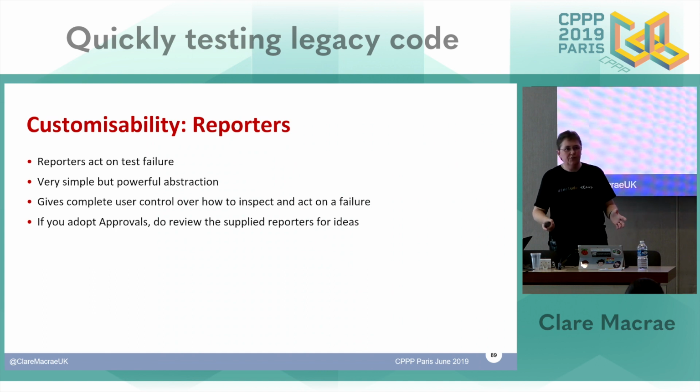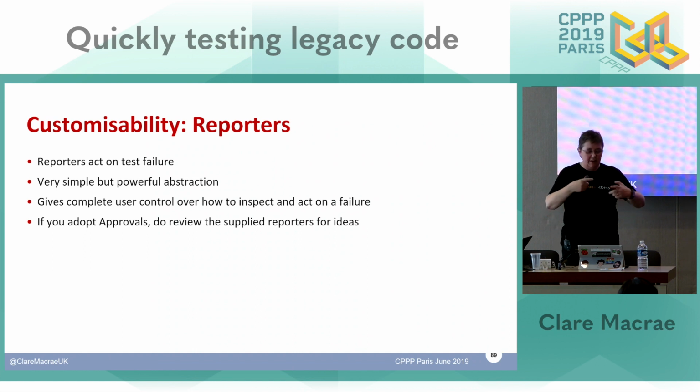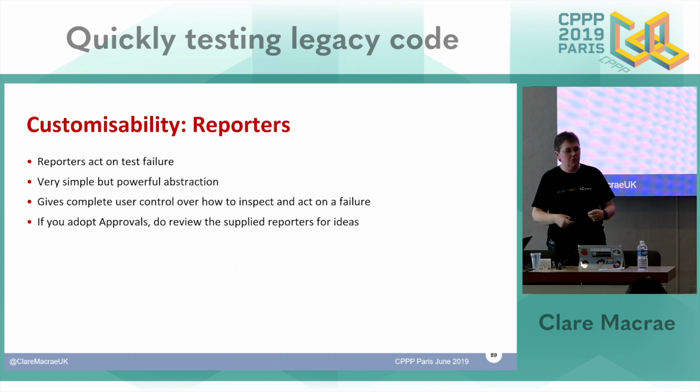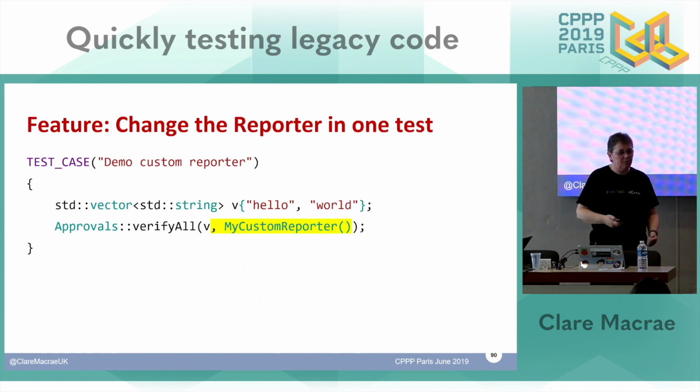But this is highly customizable. So you could, for example, use another reporter, which is the auto-approve on failure reporter. And that says, I don't want to have to manually approve in a differencing tool 500 files, 500 tests that I know I've deliberately changed the behavior of the program. I want to update the output. And then I will review the differences in my version control system later and decide whether to accept them or not. So this reporter customization is really, really powerful.